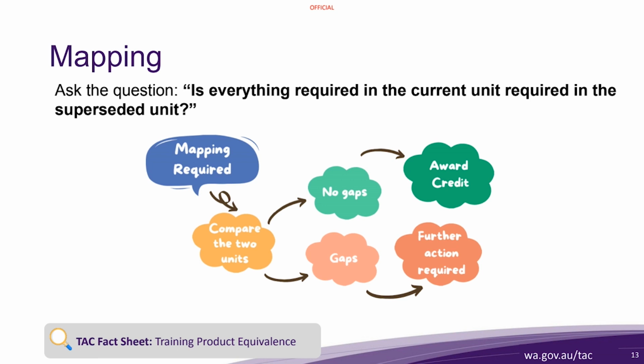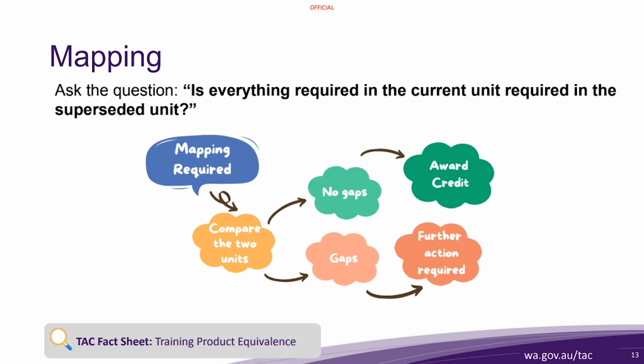But I'm going to suggest to you that there's a relatively quick way of dealing with this. You want to make a comparison between the 2 units. And what I suggest you do is that you print out the current unit of competency. I know that's a bit old-fashioned, printing stuff out, but it's much easier to mark it up if you print it out. And then bring up on the screen, probably through training.gov, the old version that's been offered to you as a basis of credit by a student applicant.